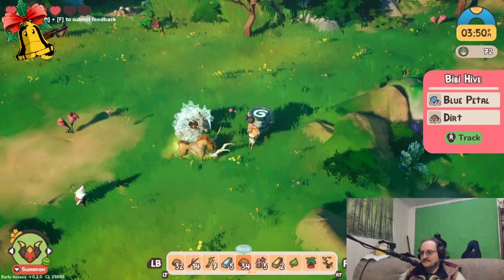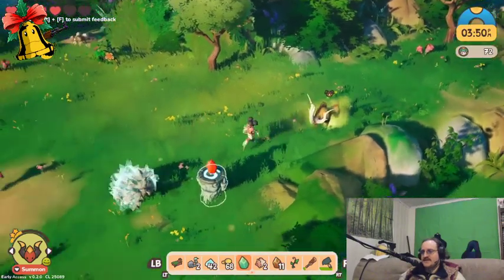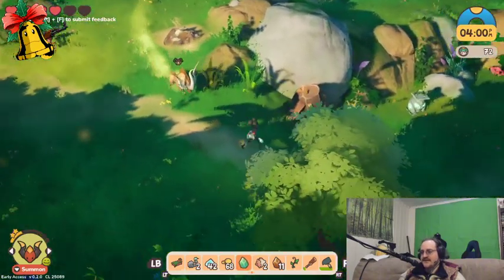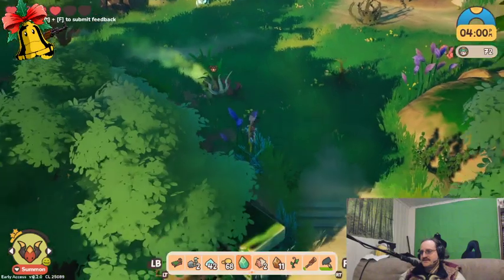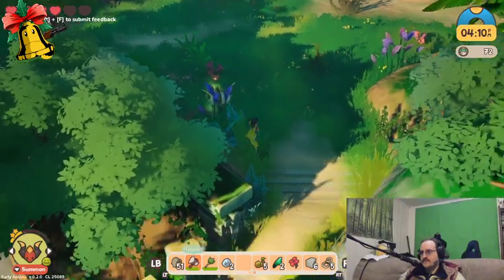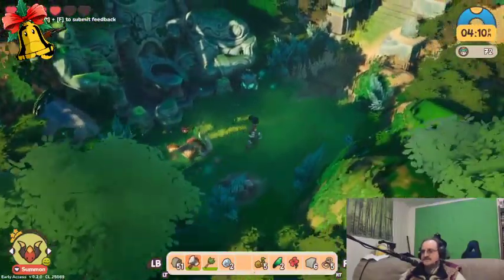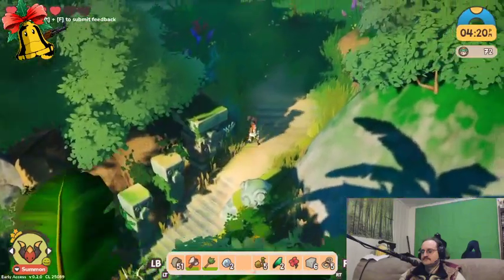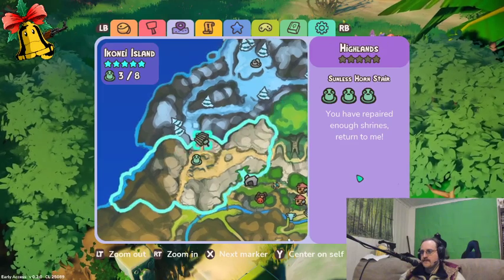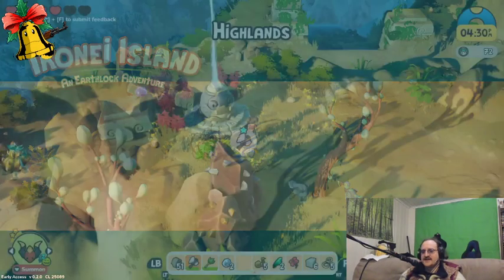Now I can restore the bee hive. I just need blue petals and dirt. Does that mean I can unlock another pet thingy? Ooh. That's nice. Well, let's see, how do we go about getting blue petals? Generally, you find the right kind of flowers and you start go chomp, chomp, chomp. So yes, you just go zoom over here and...